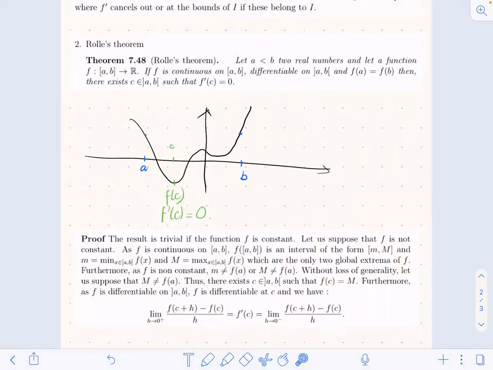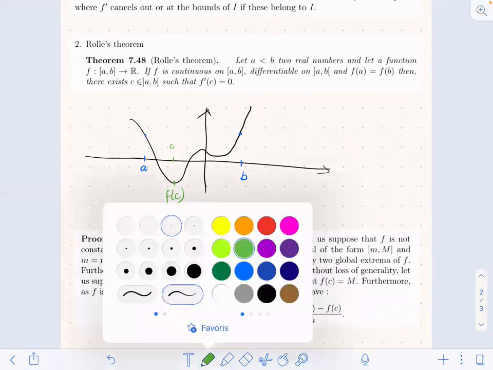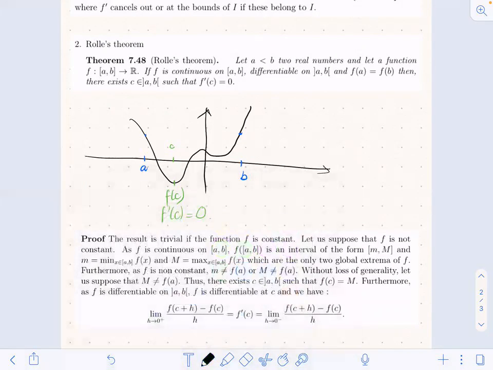How could you, what would you write to prove the result if the function is constant? Maybe that for every x and y in the domain, f of x equals f of y,